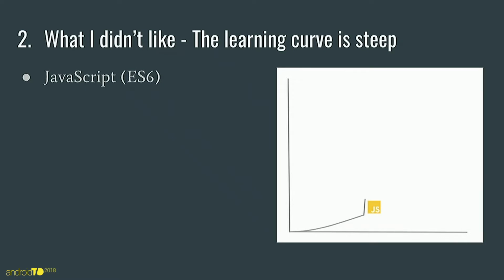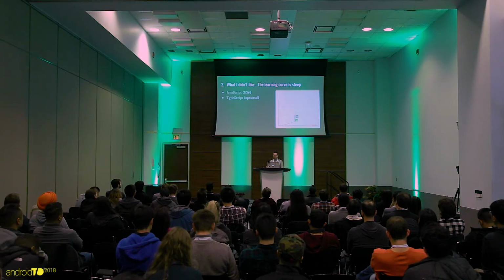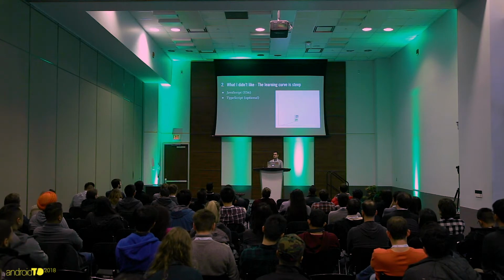And so you need to start to learn JavaScript. I did JavaScript like 10 years ago, and apparently it changed so much. It's now ES6, and there are arrow functions and a lot of async await and promises, stuff that I didn't know that I had to learn. I decided to use TypeScript because I come from Java, Swift and Kotlin, strongly typed languages. I needed types, so I decided to use TypeScript, but you have to learn that too.